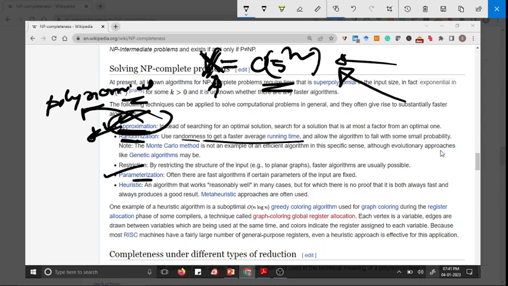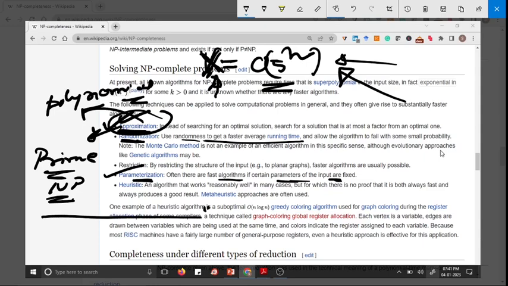Then parameterization. Many people work in parameterization. They do some fast algorithm if certain parameters of the input are fixed. Take prime numbers: what do you think, are prime numbers NP or NP complete? Is it a hard problem or a solvable problem? Students used to write a program to find whether a number is prime, like 7, 29. But when the length of the number is huge,